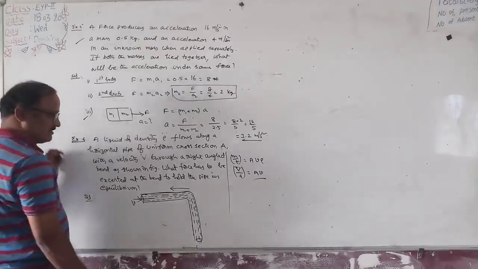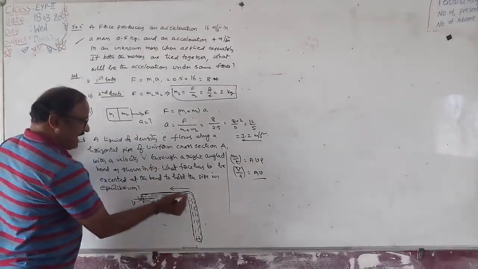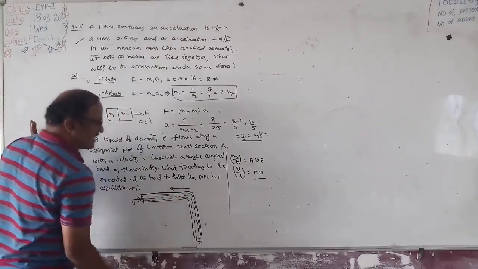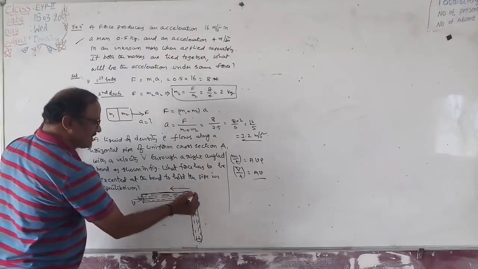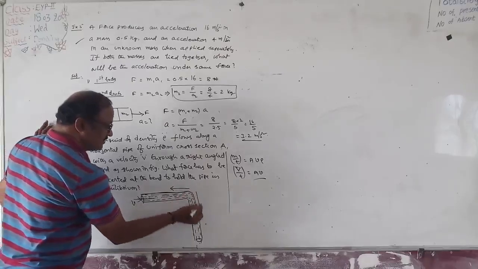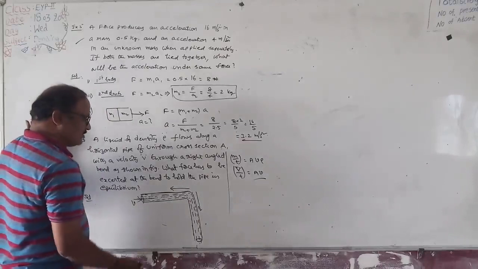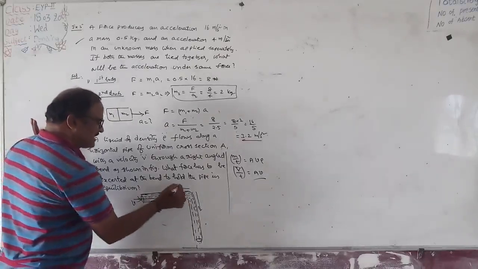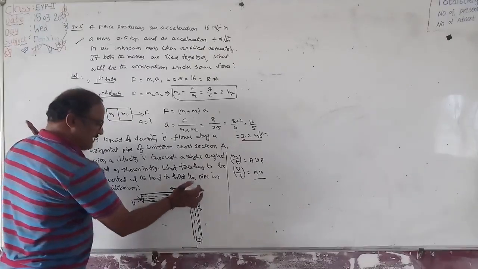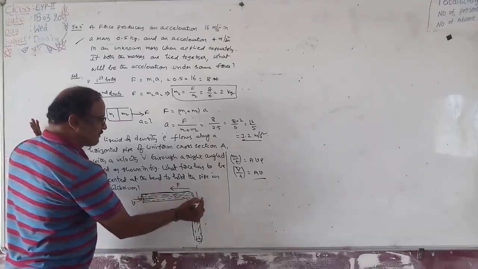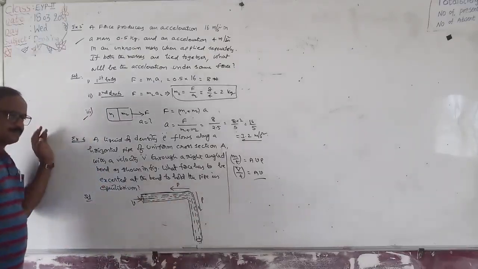Understand? Right. Next one. Again, after striking the bend at this point, the liquid flows in this direction, and as the liquid is flowing this way, some force is exerted along this direction. Therefore, here the momentum of the liquid along this direction is p. Momentum along this direction is also equal to p. Both the momentums are perpendicular to each other.